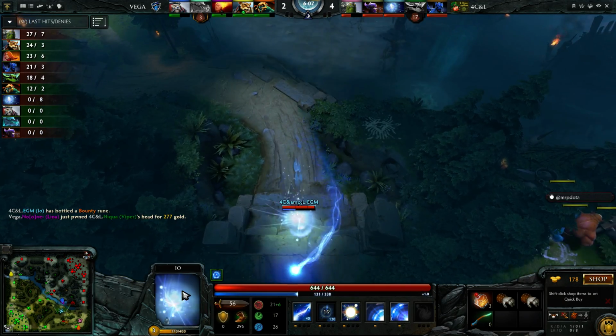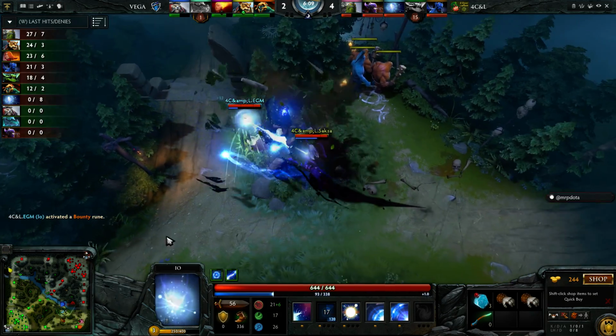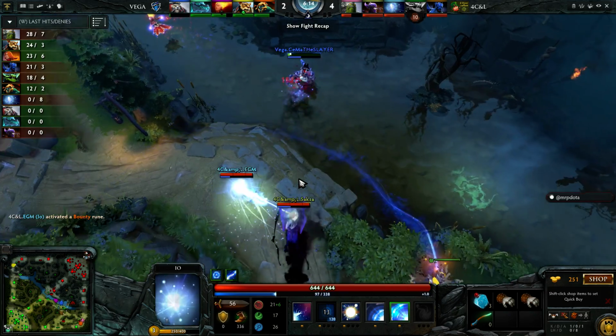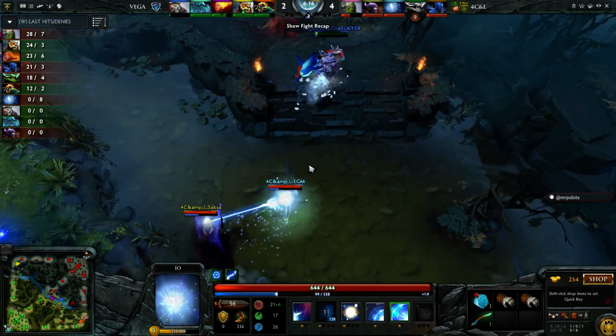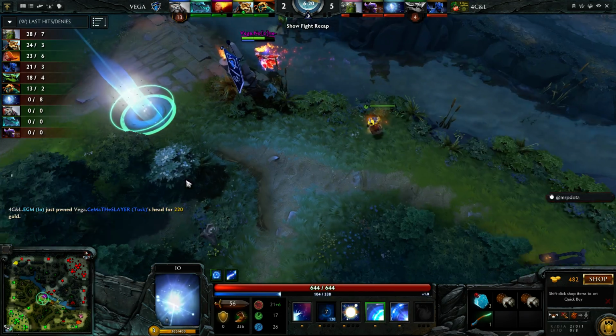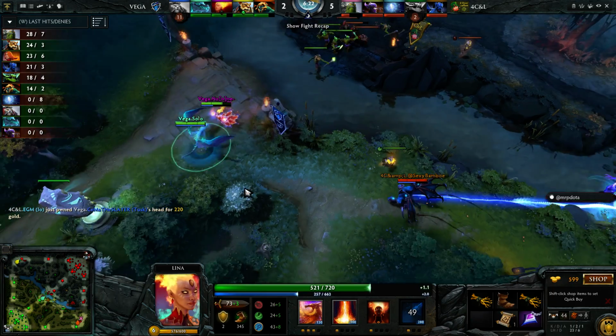While that was happening, they did go for a Laguna Blade dive in the mid lane. So a 1-for-1 trade across the map. But here we see 4С&L with the high ground advantage. They're going to get it on Sioma. The Wisp Balls needs to hit this one last one. One more right click will do it. So they get the Tusk here, and the chase is now on for no one on the Lina,